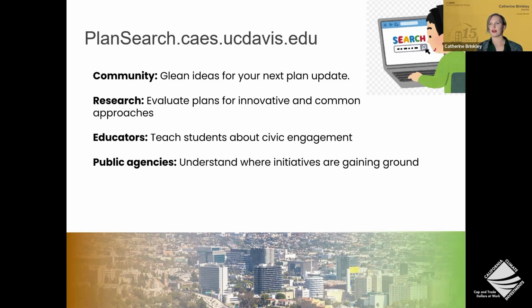We also hope that this tool will benefit researchers who can now extract a lot of text from plans to think about how communities are planning for their future, where there will be new housing and what type of housing, for example. This tool is also meant for educators who are working with high school or college, even middle school students, to help students understand how civic engagement works. And last, we hope that it will help public agencies who seek to benchmark progress on a variety of different state goals, from climate planning to housing.